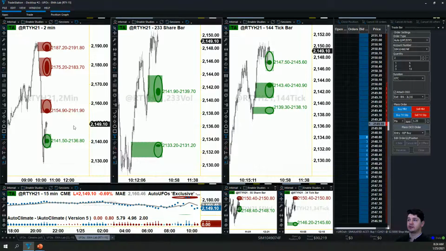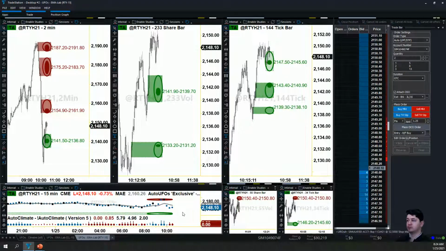All right, there we go. So RTY, here we go. We got room below right there, 21, 22, 80, let's call it. Let's just put an approximate horizontal there. Let's get the exact one